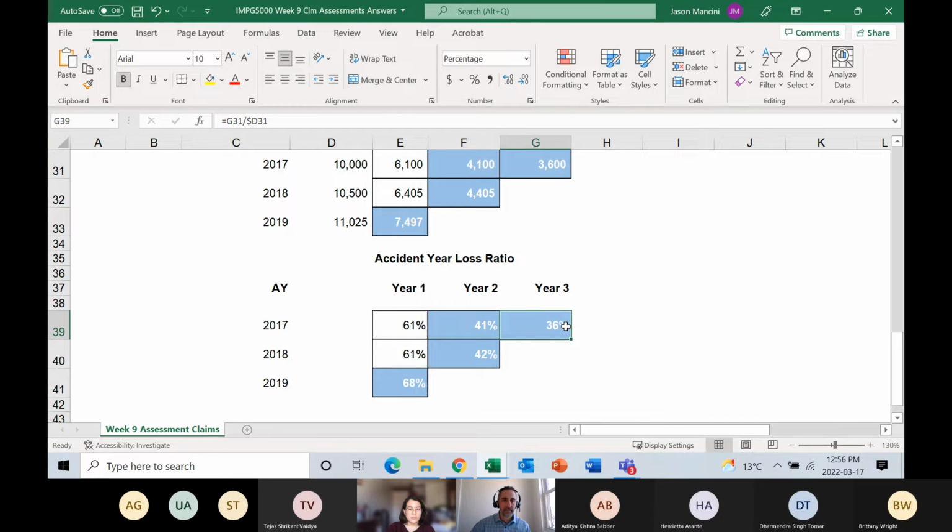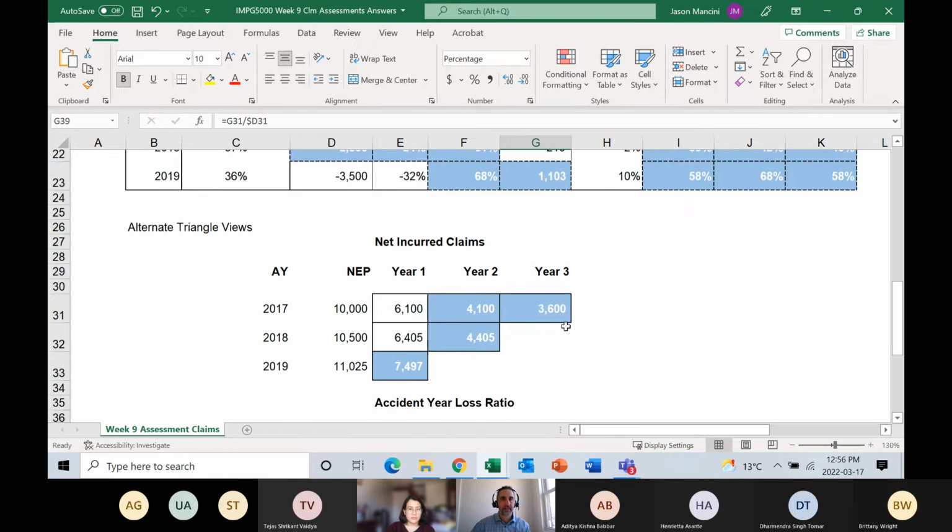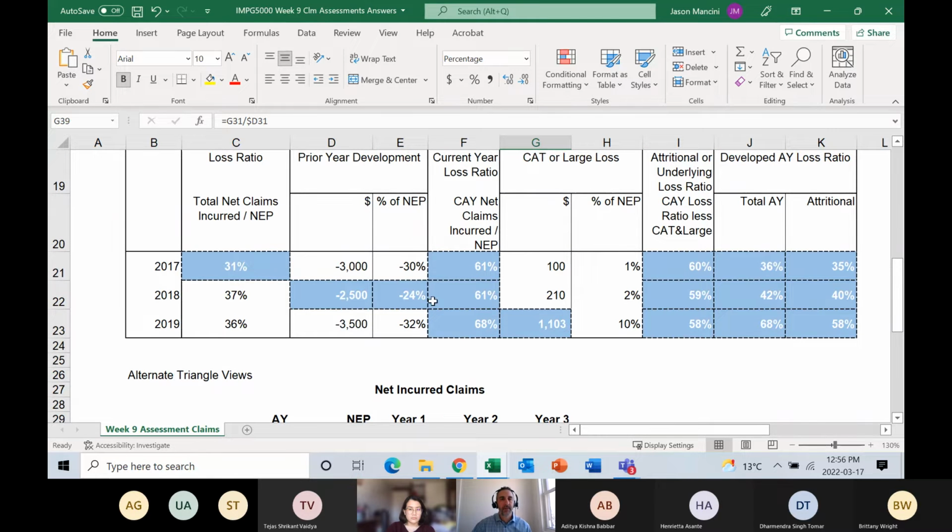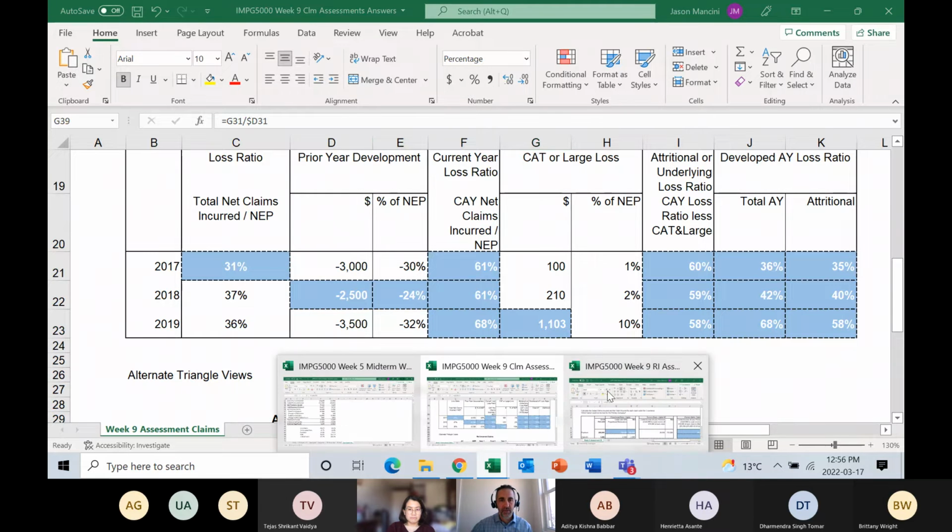This is a lot of, oh, I didn't even get into the reinsurance ones. Shoot, I spent too much time on claims. Hopefully that was helpful though. On the reinsurance one,